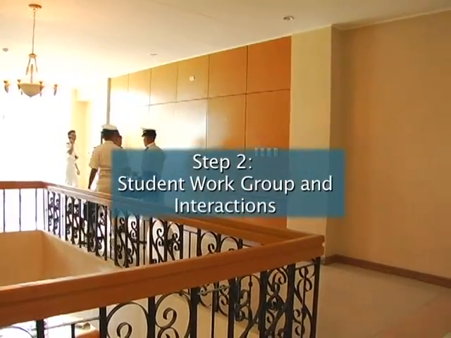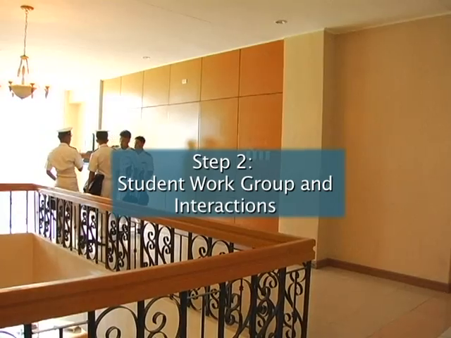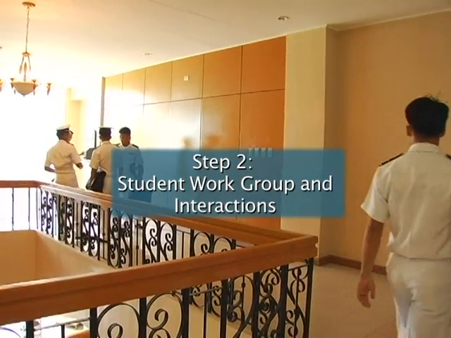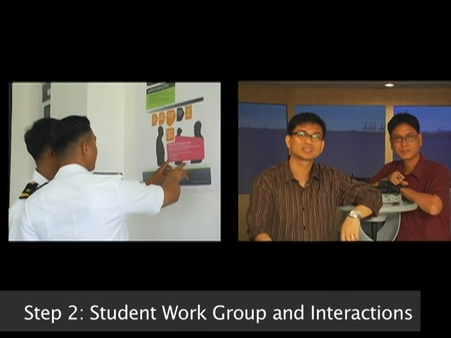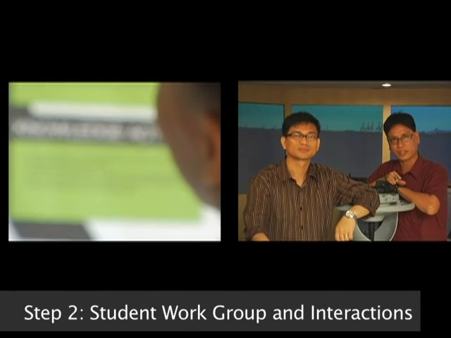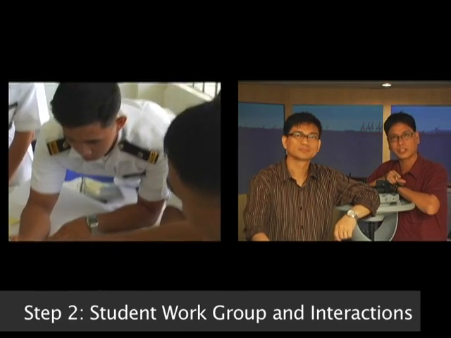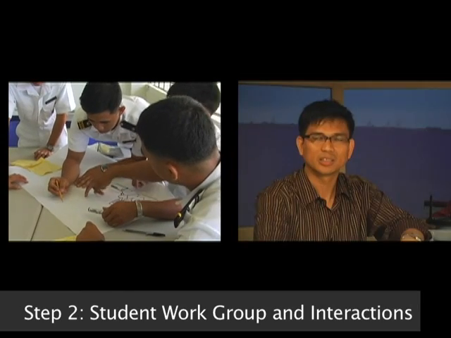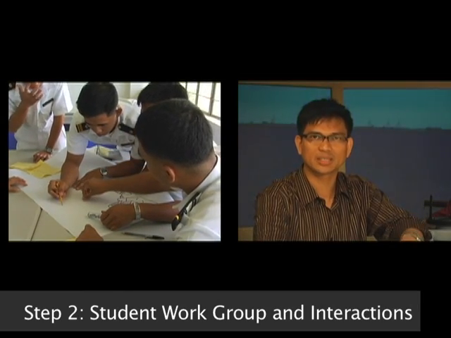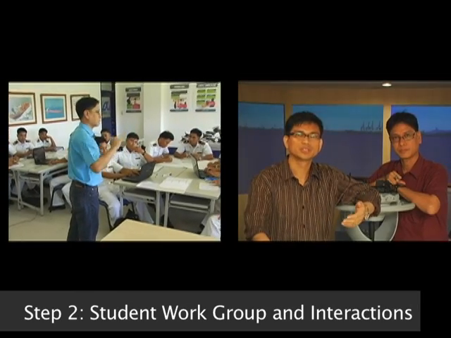Now, let's go to the next step, student work group and interactions. To evaluate the performance of the students, the instructor should keep an eye on the students' ability to interact with each other. Watch out for the following. Are students capable of finding the information they need to solve an assignment? Are they discussing, assessing, evaluating, and seeking answers? Then don't interfere. If students are struggling to solve the assignment, you as an instructor shall try to help them